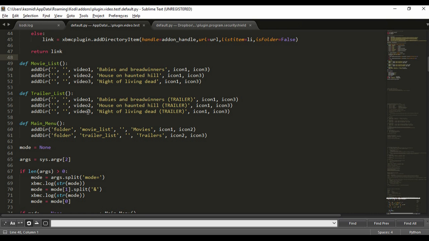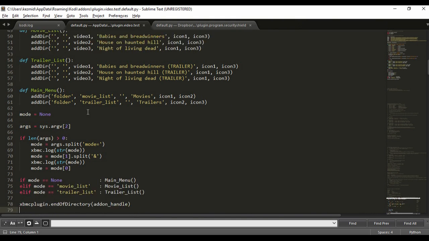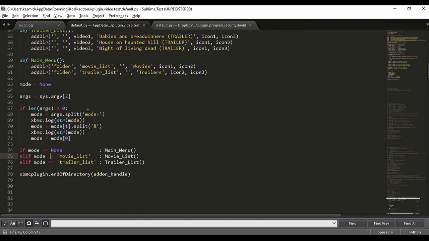there are times when you might want to edit what kind of things you're sending. You might want to send fanart, you might want to send a plot, you might want to send, I don't know, a link to trailers and things like that. There might be multiple things you want to be able to do with it, and you'll think, I've only ever used that module and it's very limited in what you can do with it. Whereas now, hopefully you understand what the mode thing is all about, how it's working, and